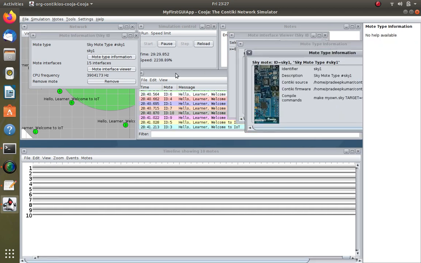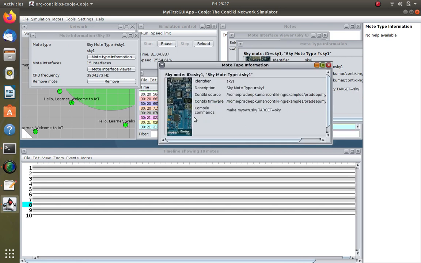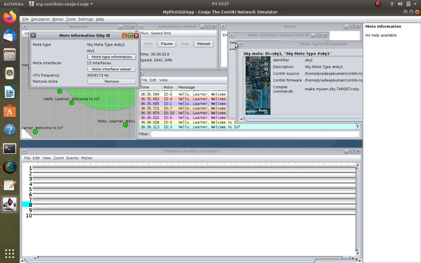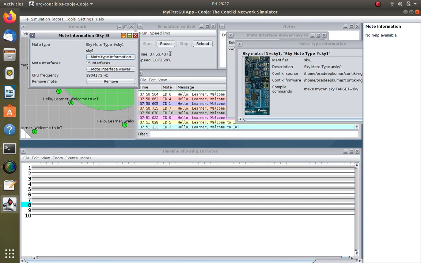This is actually Cooja, an emulator, not a simulator, it's an emulator. So actually this is the hardware that has been modeled into a single node. If you see the Sky mote also, it will be looking like the same here. Like that each and every mote defined in this Cooja has its own purpose. Okay, so this is the mote type information. Let me close this window.